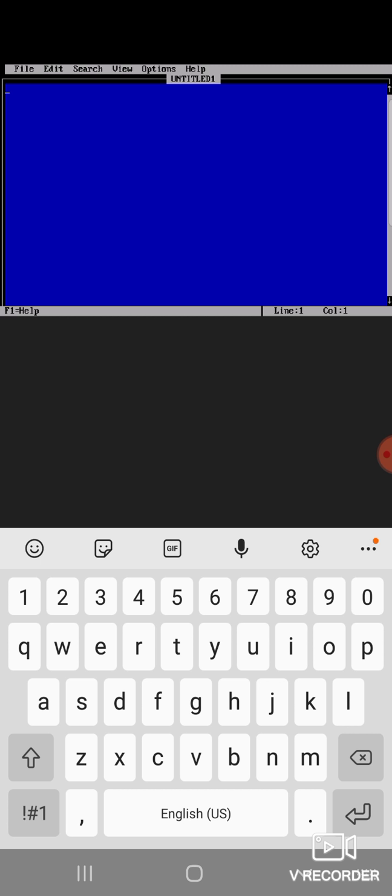So you can see that it's an untitled file. It has opened an untitled file with no name. If you want, the name of the file can also be given directly in the edit command. That is also possible. Now, as the editor window is opened, we will type the program here.